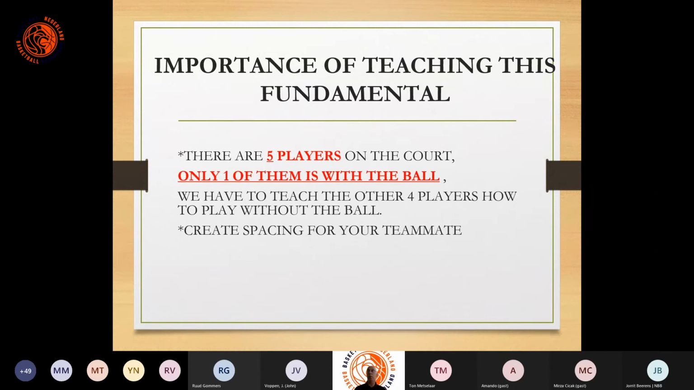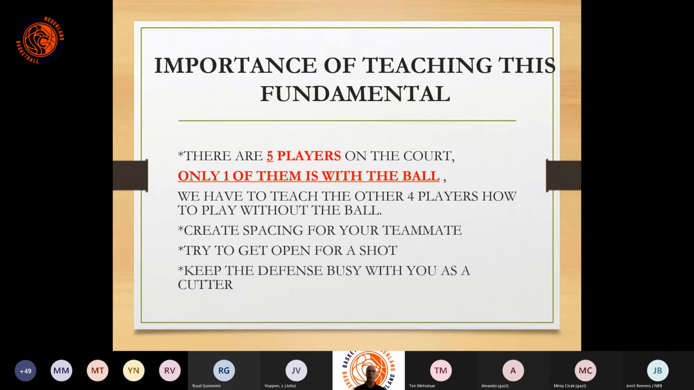Spacing, we are talking a lot about spacing to create these options to penetrate and to go to the basket. We must create spacing, because otherwise the defense will help each other, and then it's not going to be effective anymore. When you make your cut, don't make a cut for nothing, make a cut to get a shot. Keep your defense busy